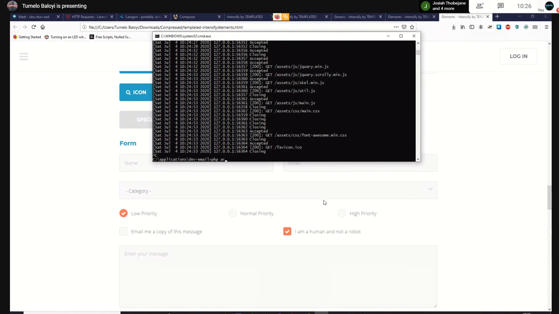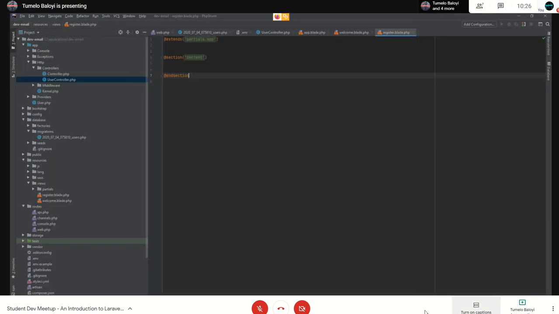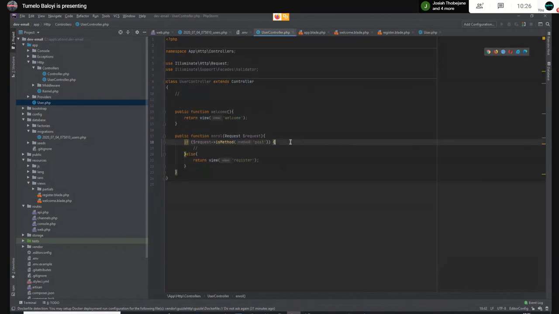PHP artisan make. Actually, we're going to use this. Yeah, so we don't have a password, so we don't have to do this. So we're just gonna do this like that. And Laravel should now be able to identify this in the database. So if it's post, it's gonna be like this. V is equal to